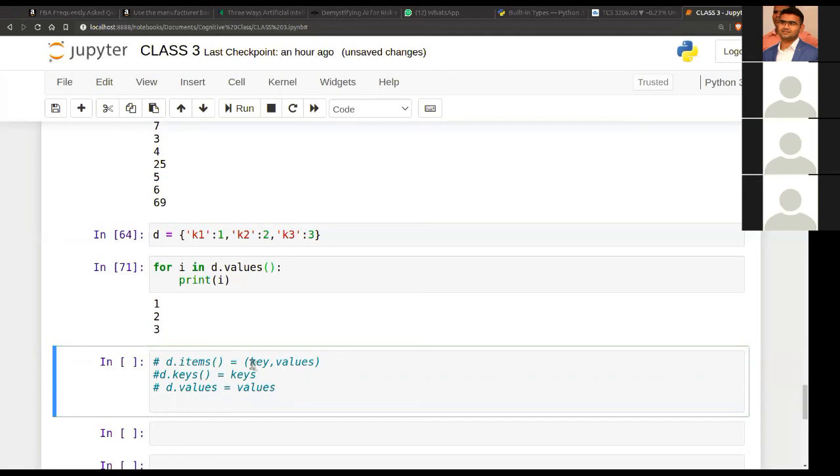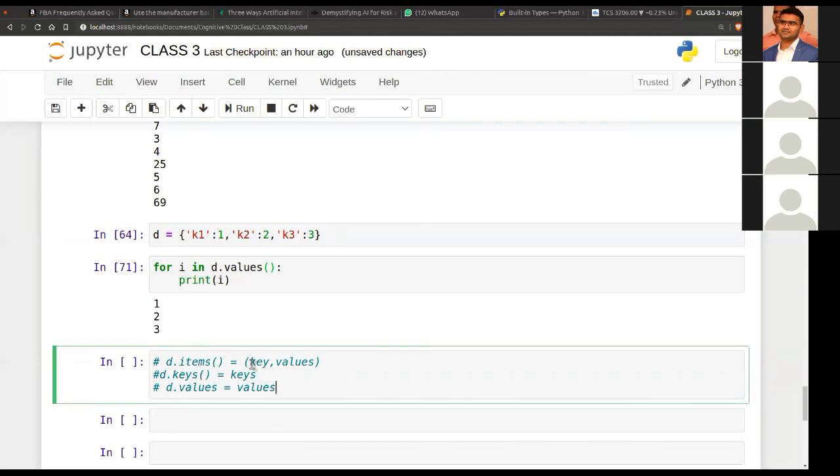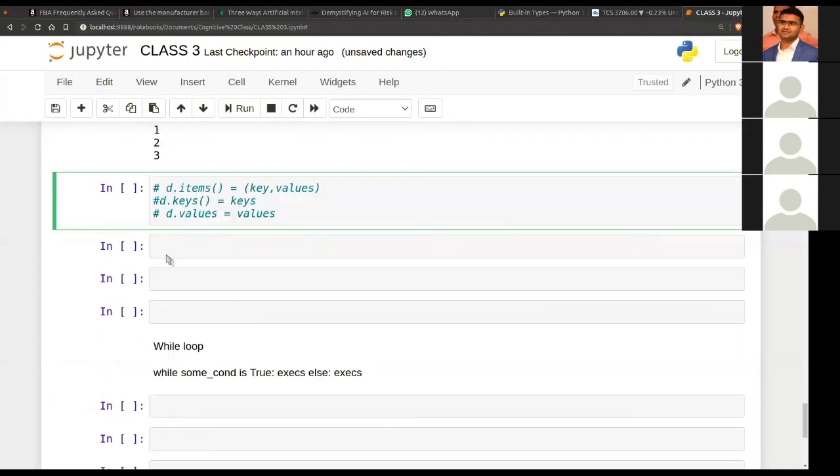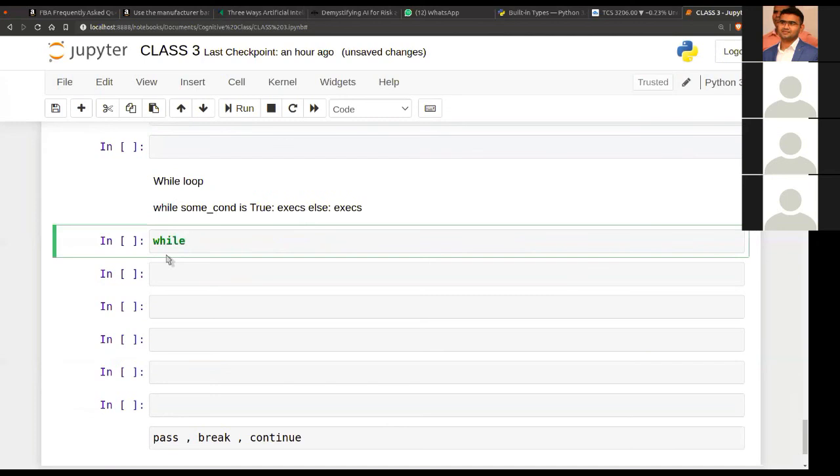Okay, we'll go through while. What is a while loop? First of all, we'll learn the syntax, which is nothing but while. It is also a control flow type of looping. We have the while loop if a certain condition is true. You need to be a lot more careful while using the while loop, because it can ruin your program execution within seconds. So as a beginner, you need to be a lot careful.